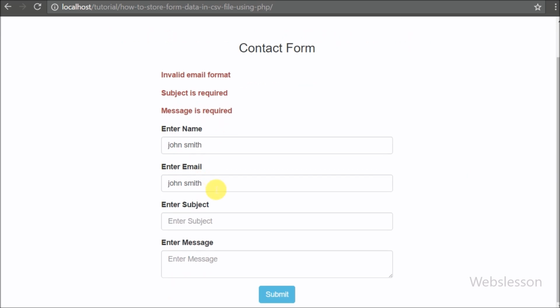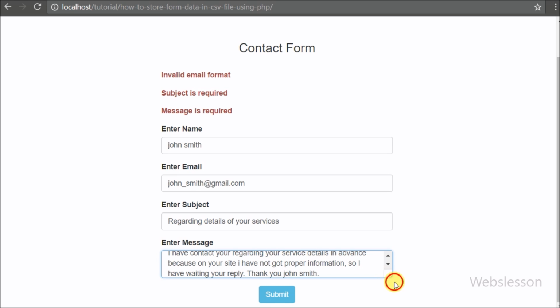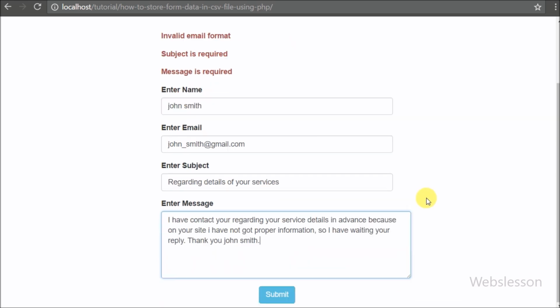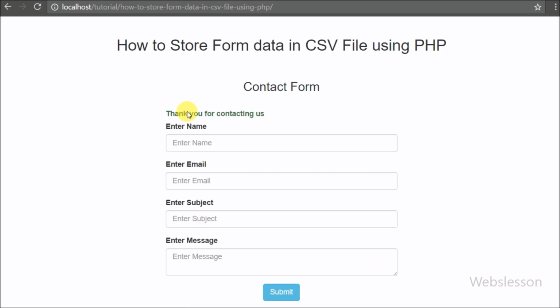Now we enter proper data. In name we enter John Smith, in email we enter johnsmith@gmail.com, in subject regarding your services, and in message we enter: I have contacted you regarding your service details in advance, because on your site I have not got proper information, so I am waiting for your reply. Thank you, John Smith. And lastly click on the submit button. So after clicking on the submit button,